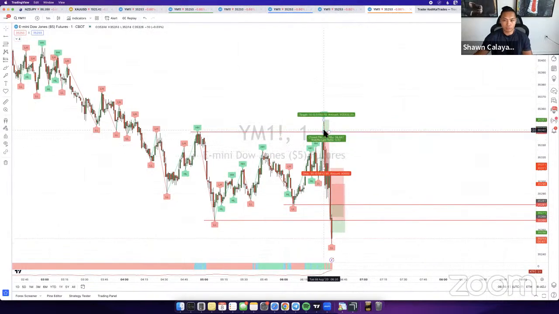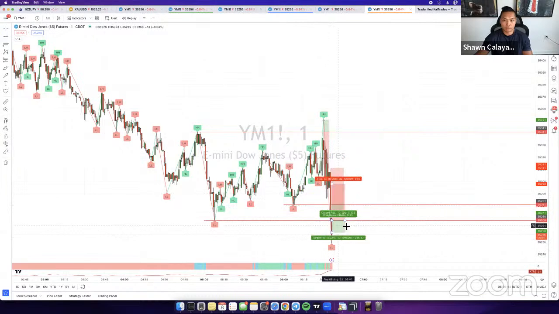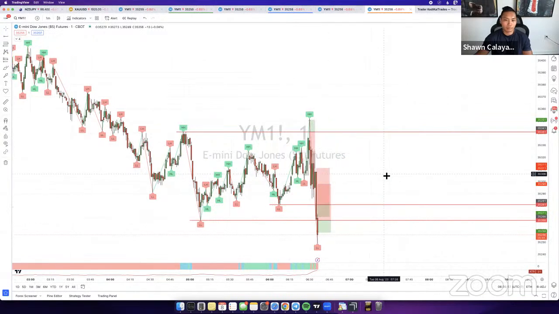So all my levels of liquidity here just got hit. Upper level here got hit on open. Lower level just got hit right here on both sides. If you guys took any of them, 100 pips, full TP. I didn't take any of the trades here.